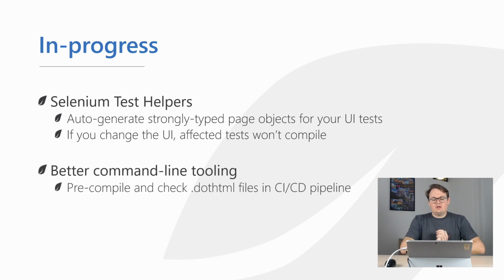Better command line tooling. This is a little bit connected with the Selenium test helpers because one of the things why Selenium test helpers are not finished yet is because they are dependent on the command line tooling. Basically, we have a command line .vvm tool for quite a long time. You can use it for a lot of things, generating REST API bindings, adding new pages in the project, and so on. But this tool can have also much more possibilities,